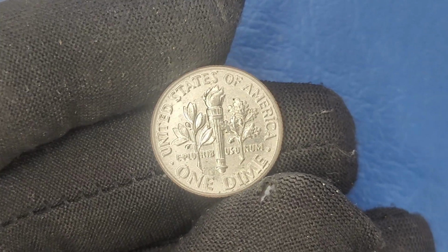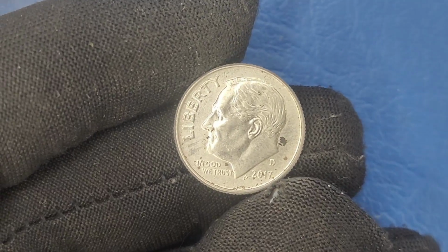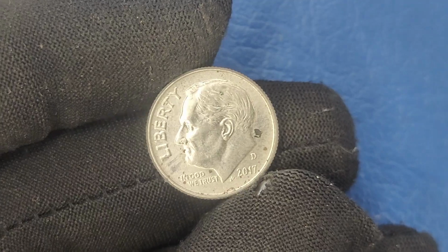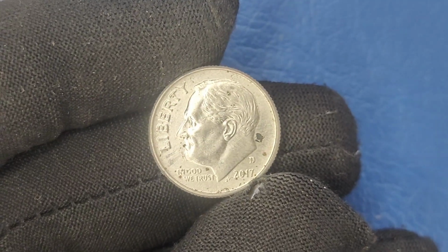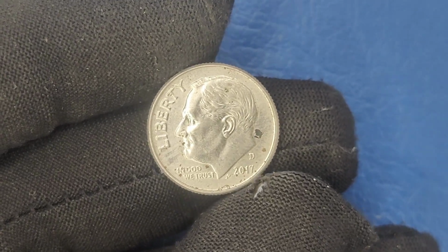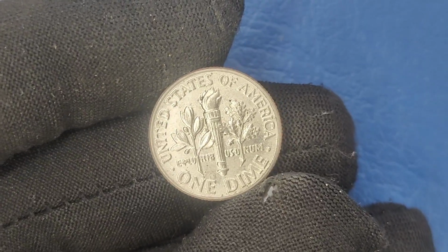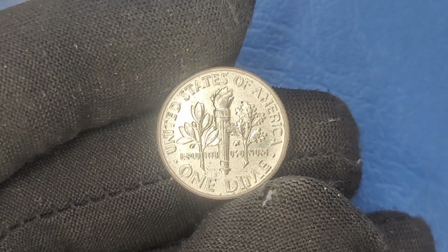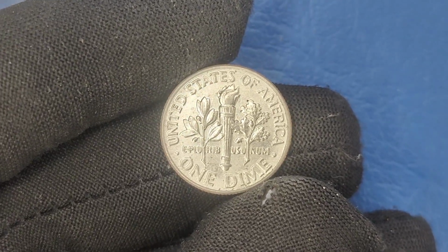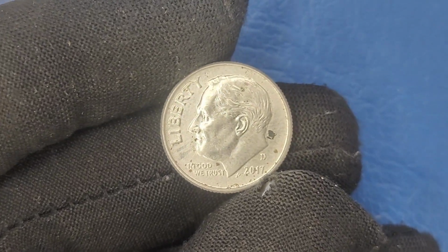The 2017 D-Mint Mark I dime is not just any regular coin. It's a result of a unique error, which makes it stand out among the millions of dimes that were minted that year. Most of us are familiar with the standard dimes from 2017. The typical dimes from that year were minted in large numbers, with the D mint mark indicating they were produced at the Denver Mint. However, there was a small batch of dimes that were accidentally struck with a rare and unexpected error. These coins were produced with unusual die conditions, resulting in a distinctive feature that makes them incredibly valuable